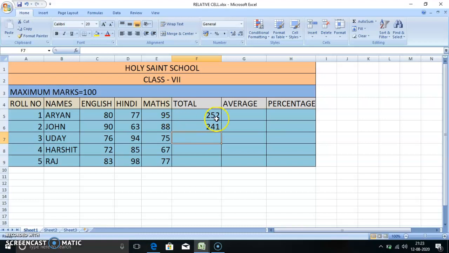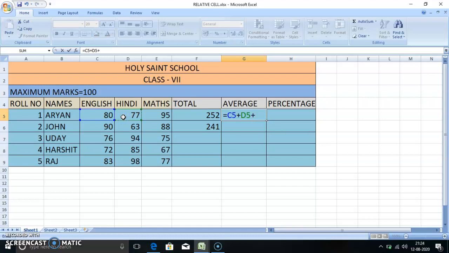Okay. Now see how to find the average. Equals to, you all know how to find the average. First of all, we have to add the numbers, or we add the cells. So here we add the cells of English, Hindi and Maths. English cell number is C5. Now plus, Hindi marks are in cell D5.